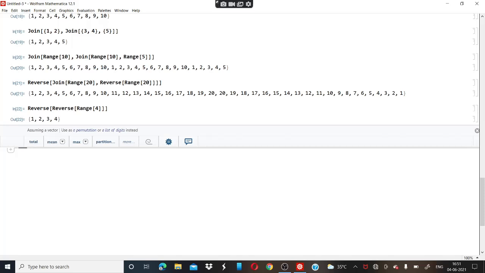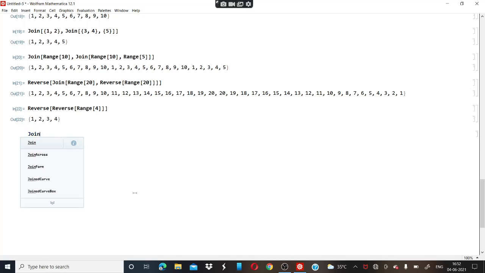Now our next question is use range, reverse and join to create a list of elements that is 1 2 3 4 5 4 3 2 1. So as suggested in the previous question, first we will write join, then we want direct range that is from 4. So range 4, comma, after that we want reverse range 4.